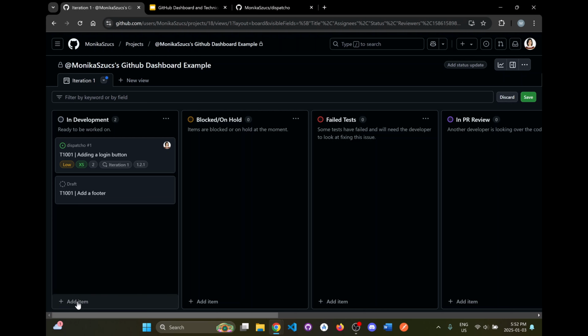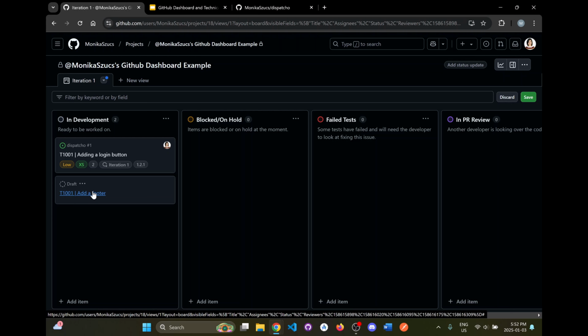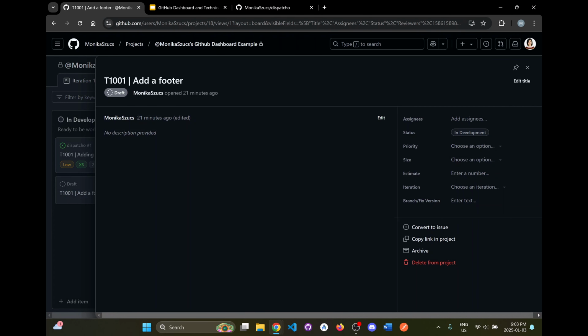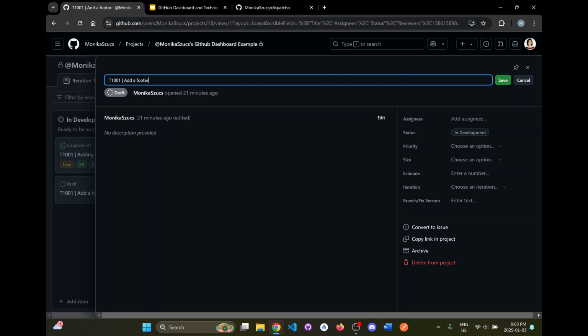So here when I clicked add an item, it created this template, add a footer. So I'm just going to create something now in order to fill out this task, just like I've done here, so then we can go through the steps on how I've created it from scratch. Okay, so what we're going to do is click on this item here that we've created, and you can see here if we click on edit title, we could change the title if we want to,